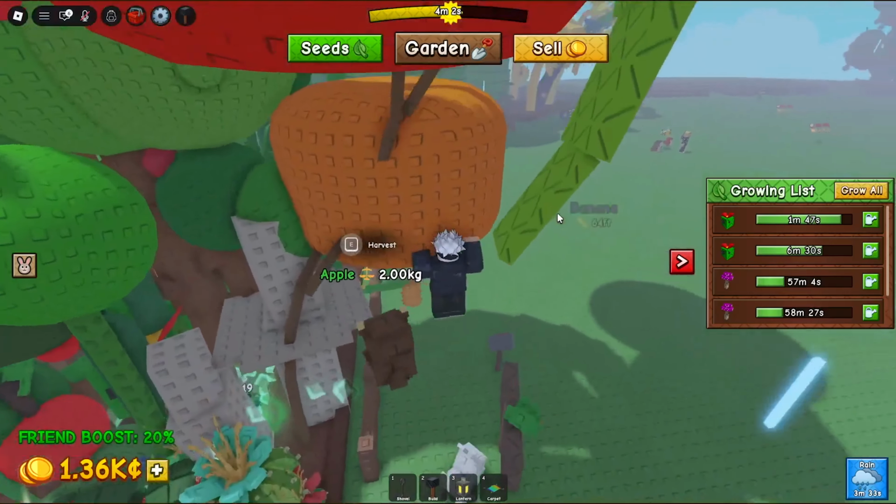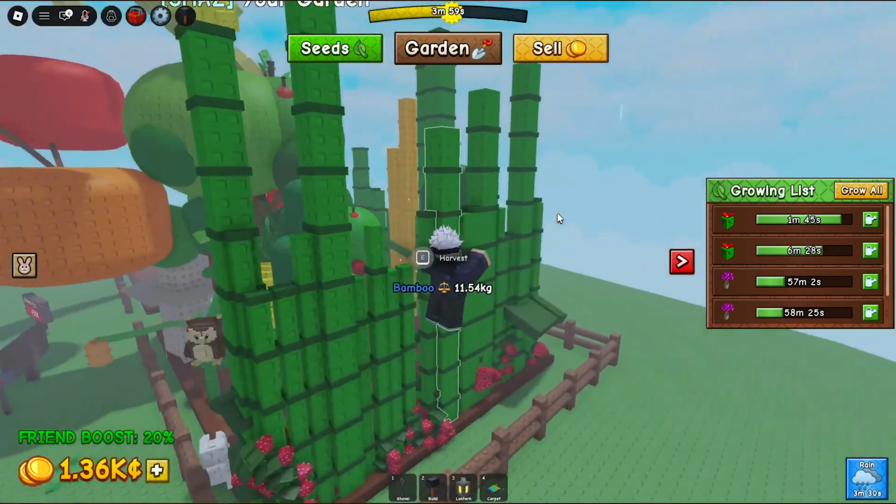In this guide, I'm going to show you how to increase the garden area size in Grow Garden 2 on